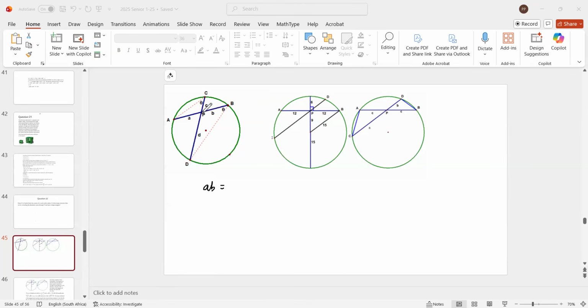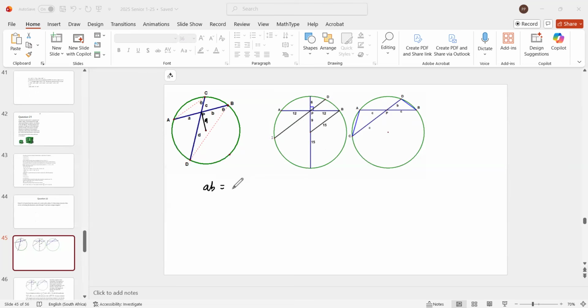This point here is 9 units away from the center, this is 9 units, right? So if you look at the perpendicular one, you'll see that